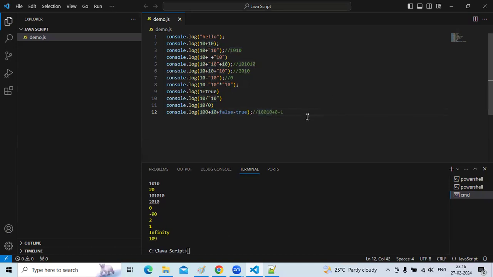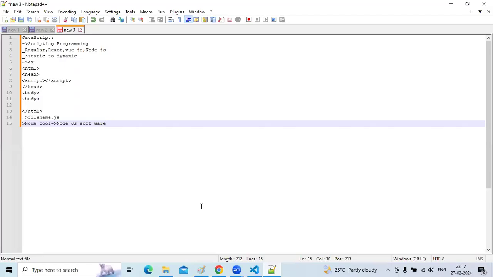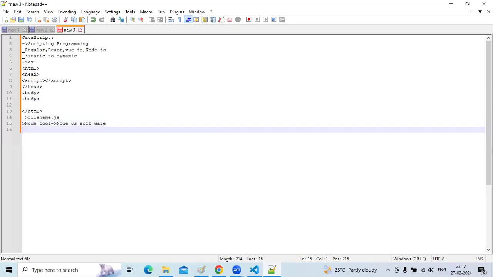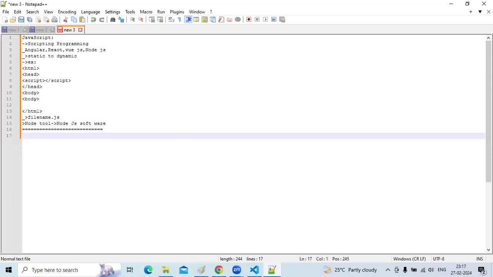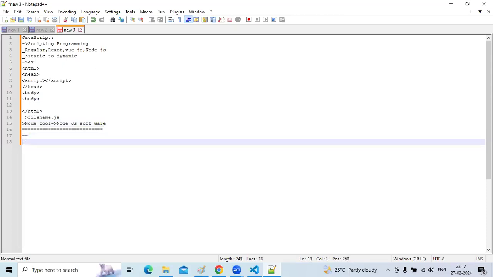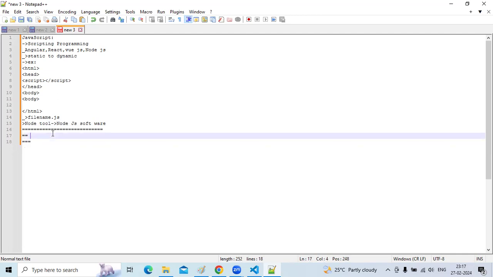Now we'll go with the double equal to operator and the triple equal to operator. What is the difference between the double equal to operator and the triple equal to operator? This is the double equal to operator, right? And this is the triple equal to operator.